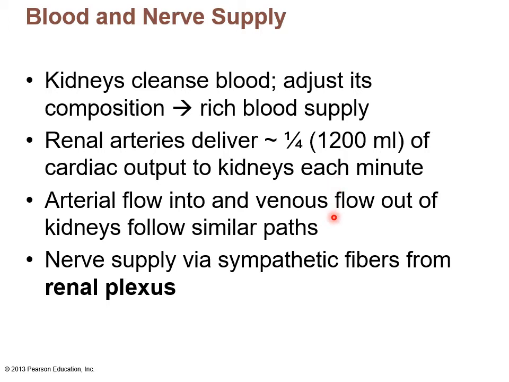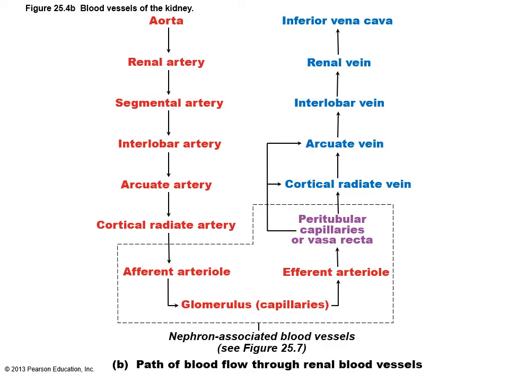Arterial flow into and out of the kidneys follows similar pathways. And the nerve supply is by sympathetic fibers from the renal plexus. So here's the flow of blood through the kidney. Aorta, then you branch into the renal artery. The renal artery branches into segmental arteries that go in between the pyramids. Those are interlobar arteries. Then there are arteries that run perpendicular to these, and they actually occur in the margin between the medulla